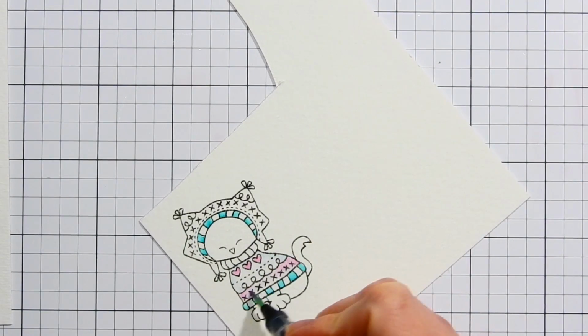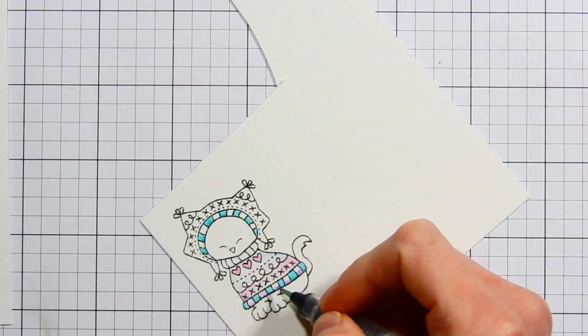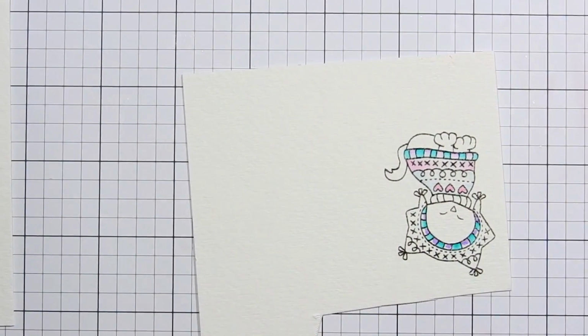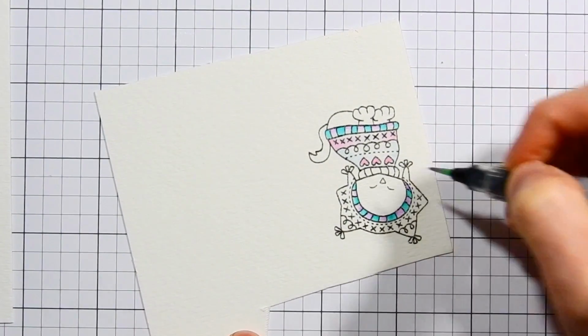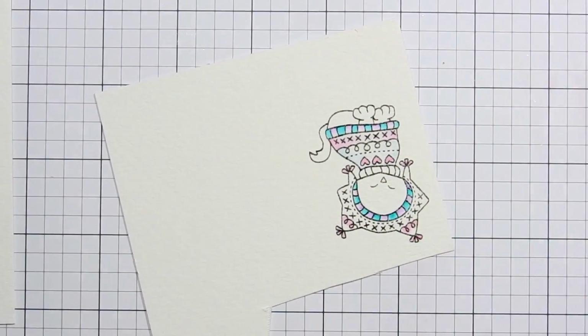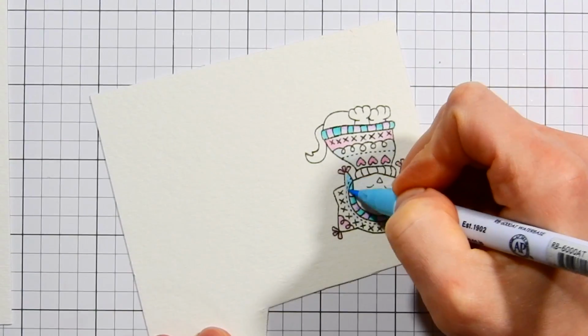I tried to use the same colors on each of the images and just adjusted where I colored each area with the different colors. So in this case, I colored different areas of the sweater with the purples and greens along the bottom portion of the trim, and then I added some of the pink and blue to the hat and the main part of the sweater. And I did the same kind of process for the other images by adding color in different areas but using